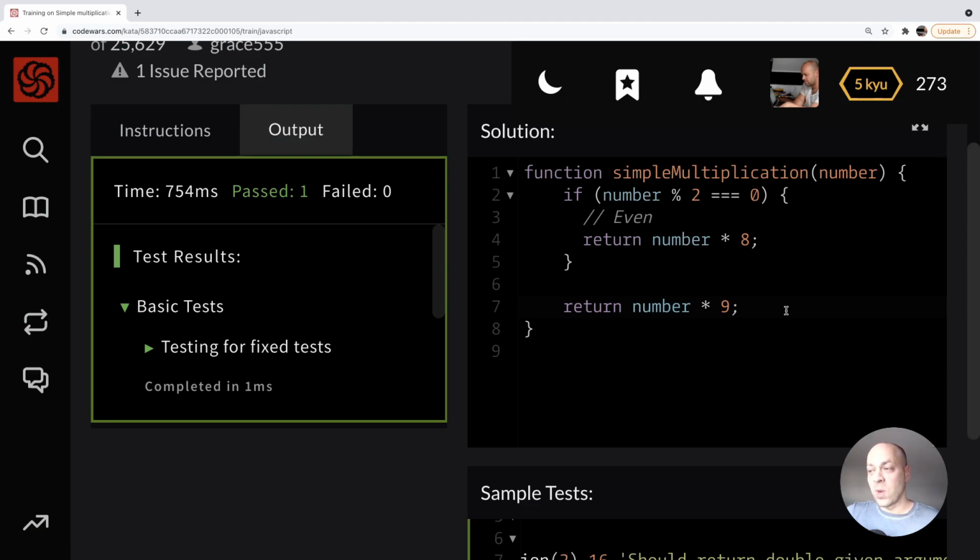So there are lots of different ways that you could make this function shorter and neater without losing any of the clarity of what it's actually doing. So if you've got any suggestions on how that might be done, drop a comment below so you can share that with everyone else, and we'll see what the best solution we can come up with for this particular task. But as you can see, the tests are passing, so the